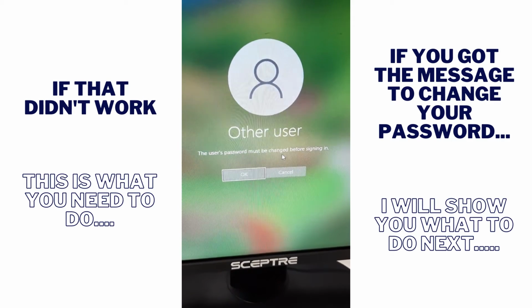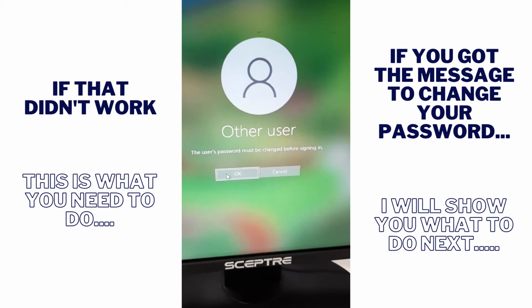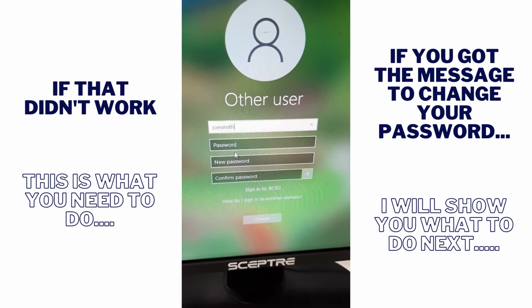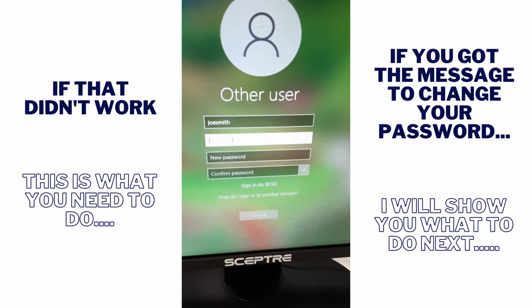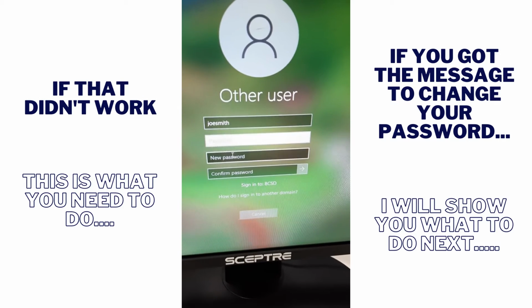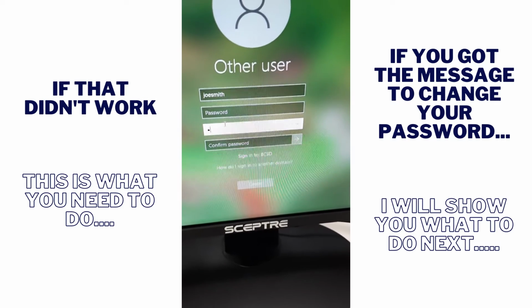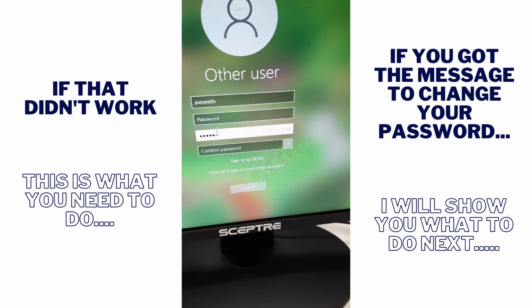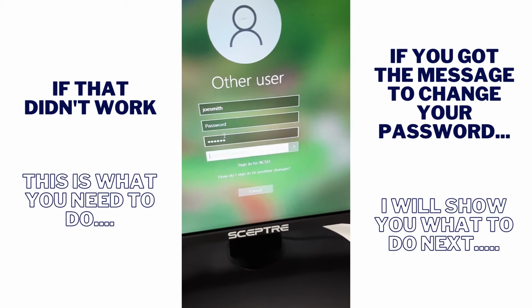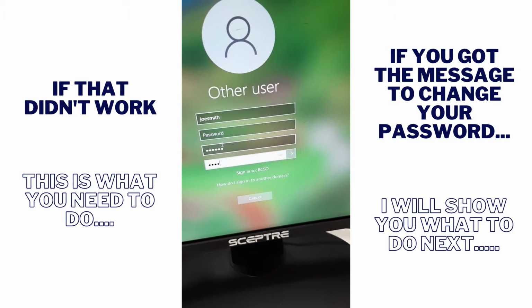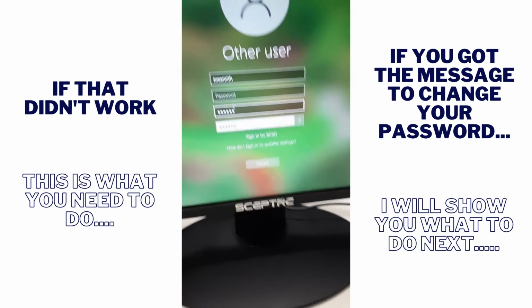The user's password must be changed before signing in. So now that's my username. I need to remember that. The password that I just tried to use is blank, so you leave that blank, and now you can make up your own password, whatever you want. Make it something that's easy for you to remember. And then you're going to type it in a second time, and then click the arrow,